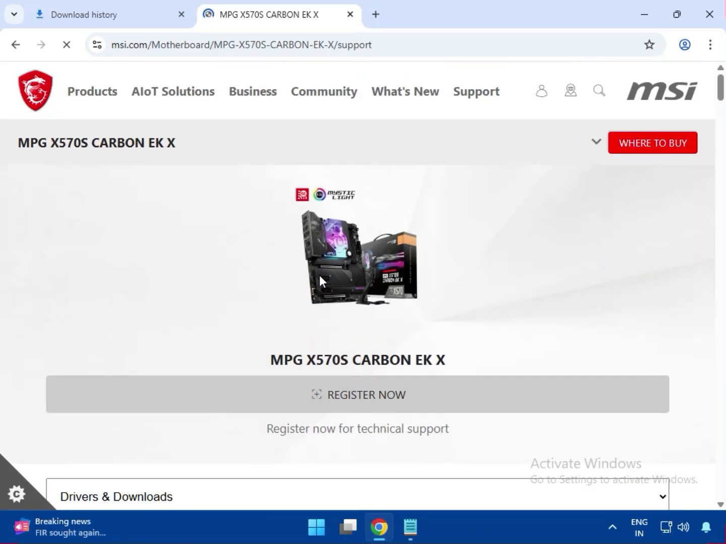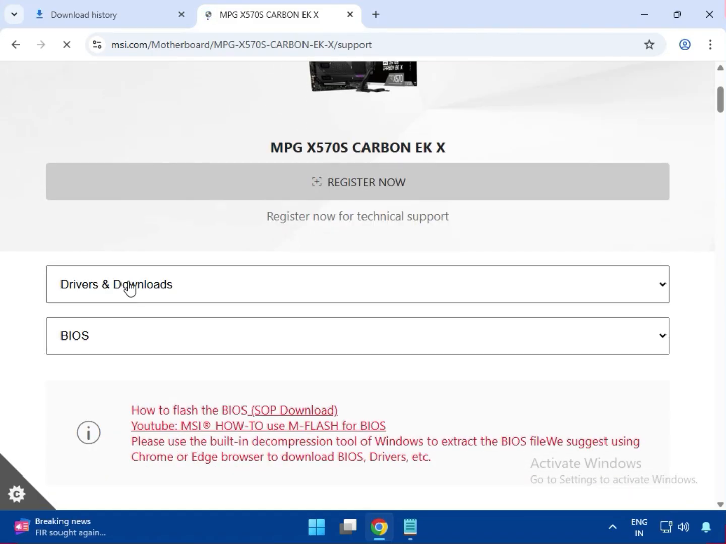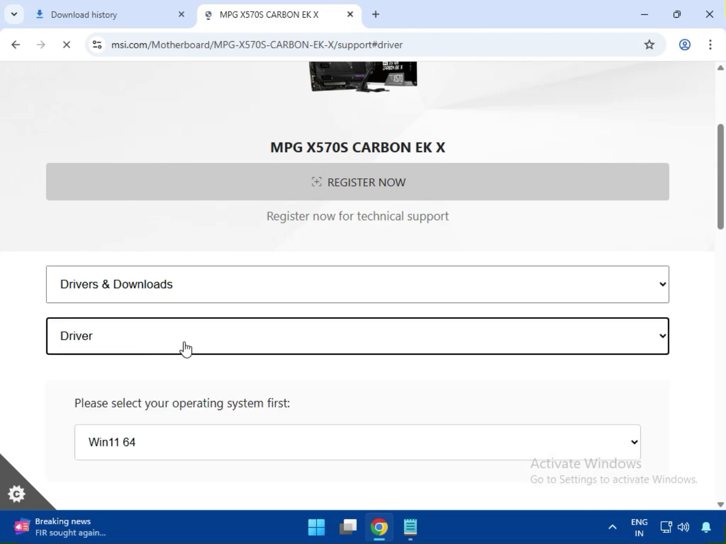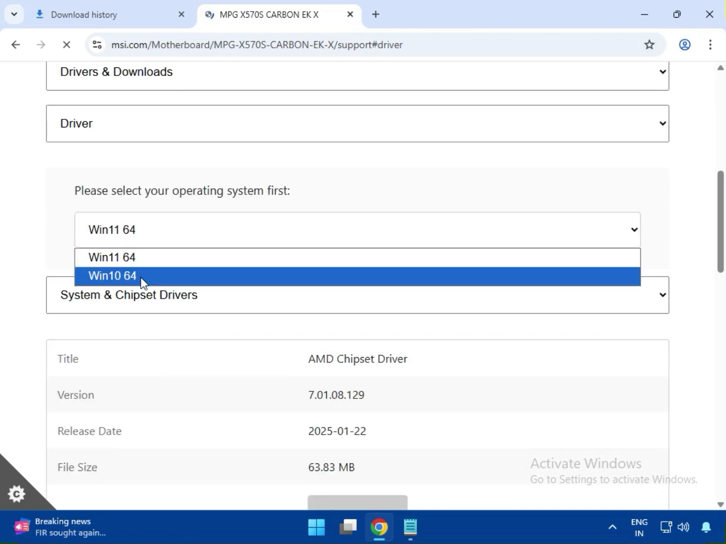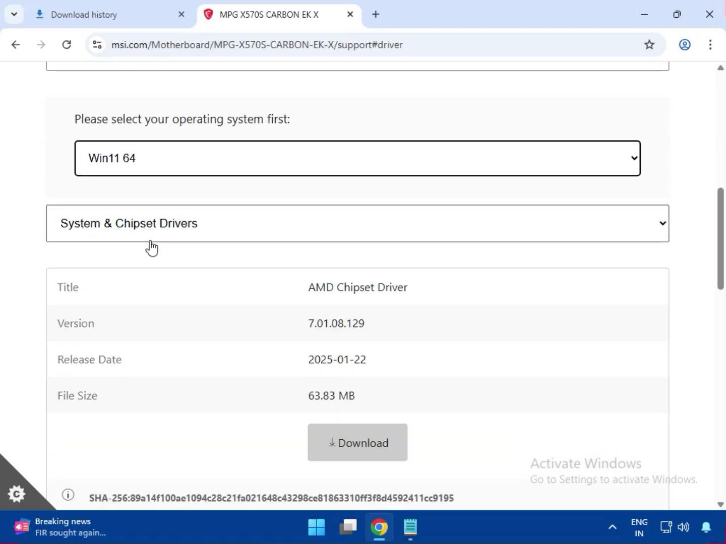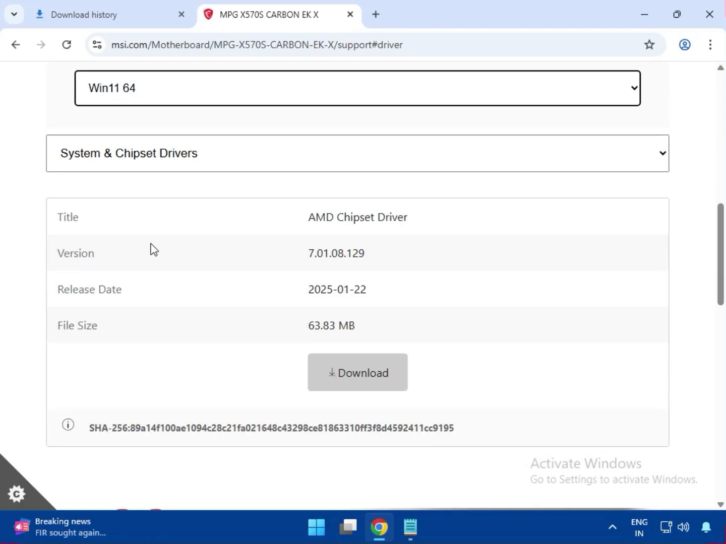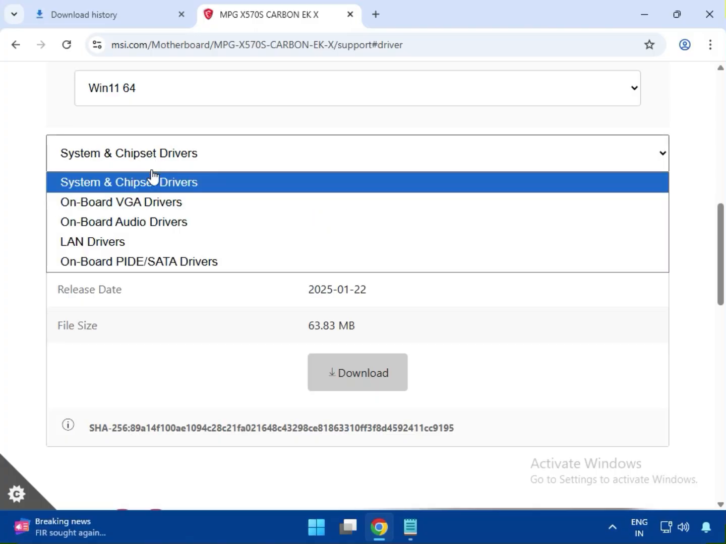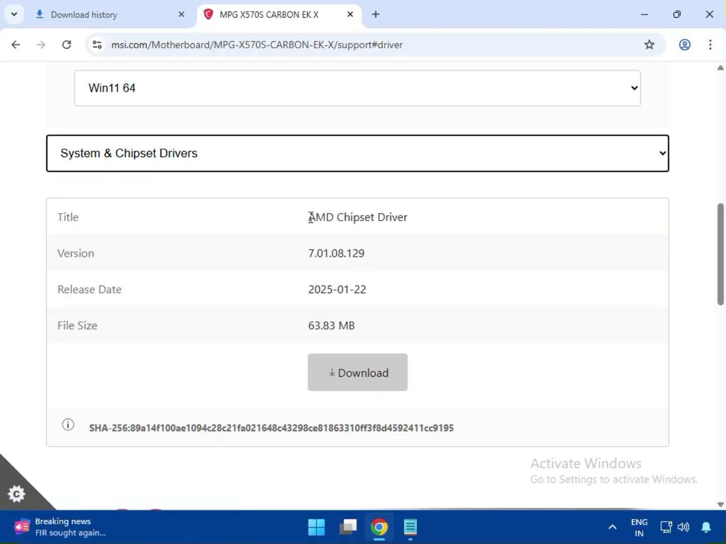Scroll down, click on Driver and Download, and then click on BIOS. Select a driver, scroll down, and select the operating system, Windows 10 and 11, so the installation process is the same for both operating systems. After that, guys, download the drivers. Select the chipset driver, the AMD chipset driver, and click to